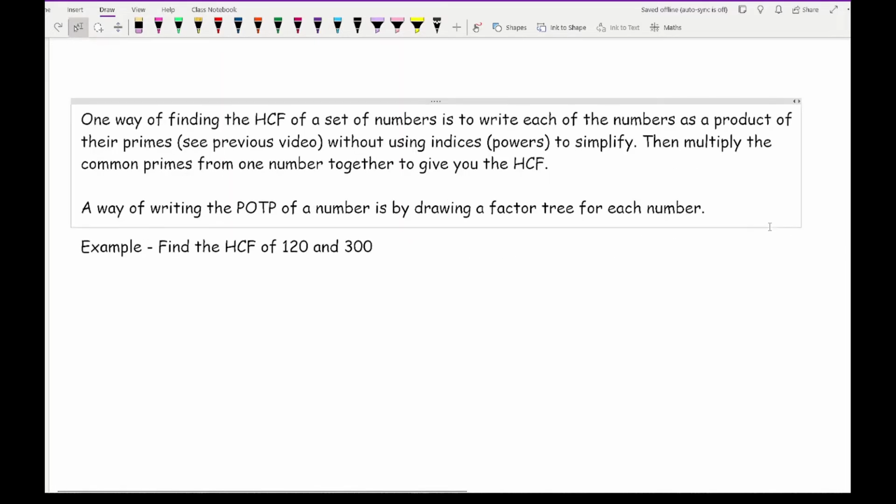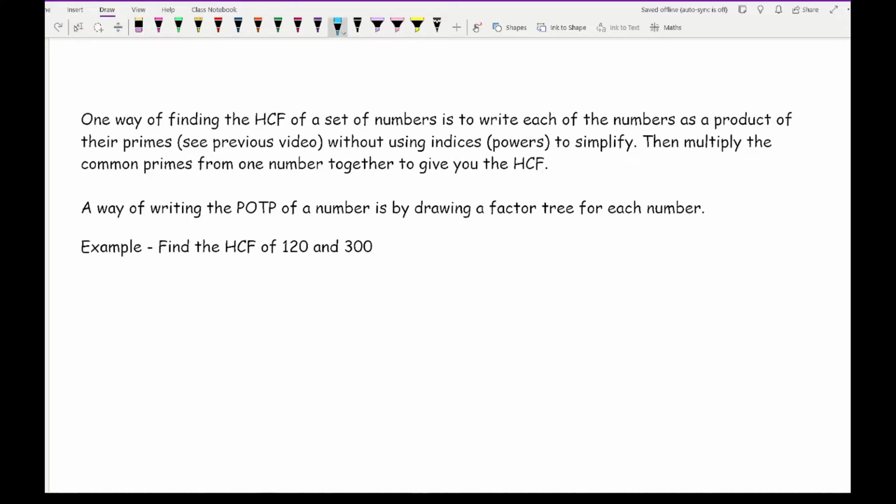Now one way of finding the highest common factor of a set of numbers is to write down each of the numbers as a product of their primes, and again there's another video that covers how to do this. And what you then want to do is, without using indices or powers to simplify, multiply the common primes from one number together to give you the HCF. So one way of writing the POTP, or the product of their primes, is by drawing a factor tree for